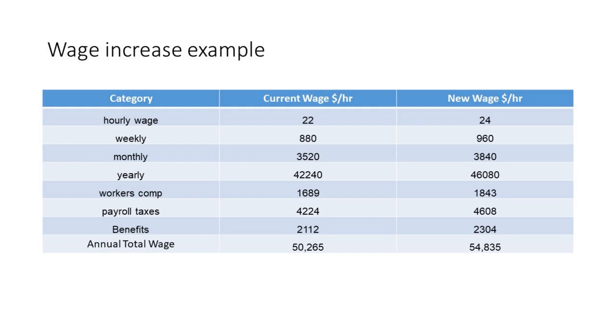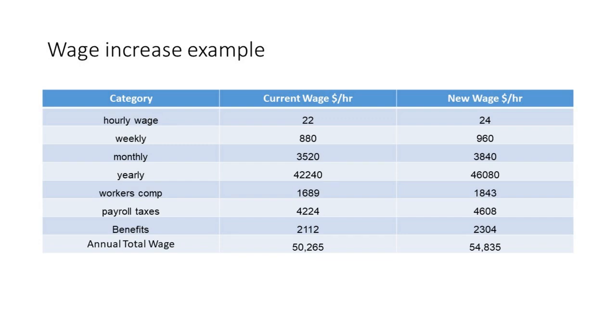To the yearly figure, we also add compensation such as workman's comp, payroll taxes, and benefits that we are responsible for paying as a business. In this case, workman's comp adds $1,689 a year to the base wage. Payroll taxes that we pay add $4,224, and benefits we offer to the employee add another $2,112, bringing the base wage of $42,240 up to a total annual compensation or total wage of